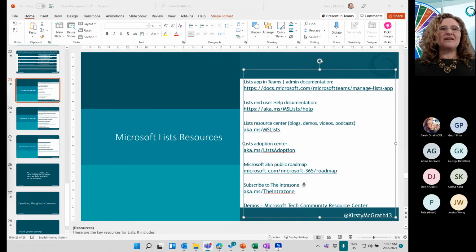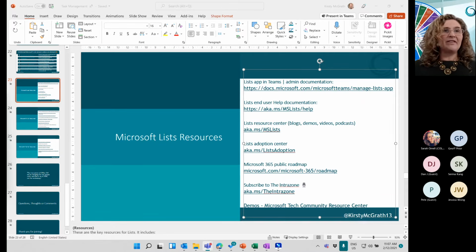If you don't have a subscription and you're just on the free version, Dan, you can log in to To Do. I believe To Do is free, if I remember rightly, as an app, because you can do it with your personal, standard email. Any email address can be a Microsoft-assigned email address, so you can have it as a personal To Do and use it for personal tasks. Hopefully that helps.